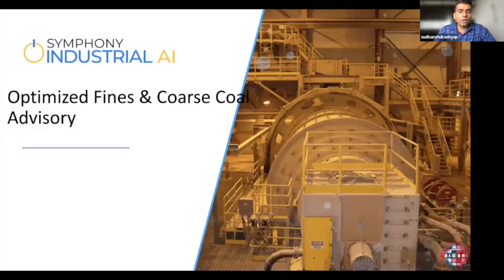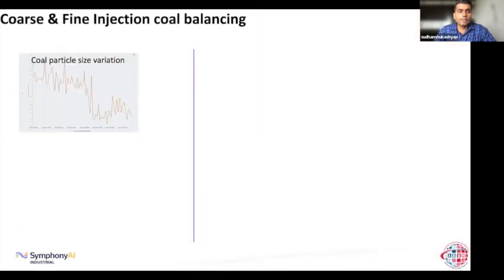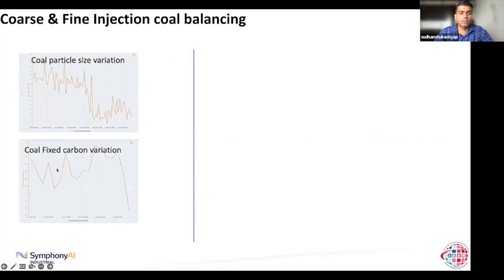So next is an optimized fines and coarse coal advisory. In this case, you see the coal particle size. Here you see a variation: coal size is high and then suddenly it dropped, right? And also you could see fixed carbon. Fixed carbon is oscillating around 56 or something, and then there has been a drop in fixed carbon. These kinds of variations keep happening in the coal quality, and if it happens, then we need to change the set points of overall